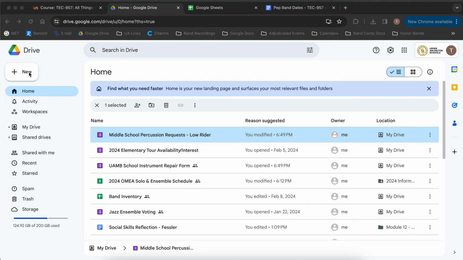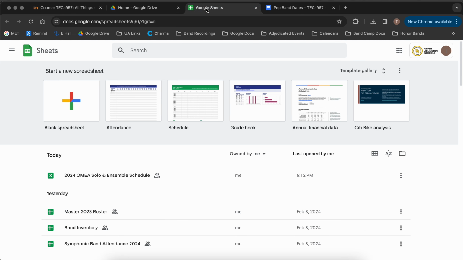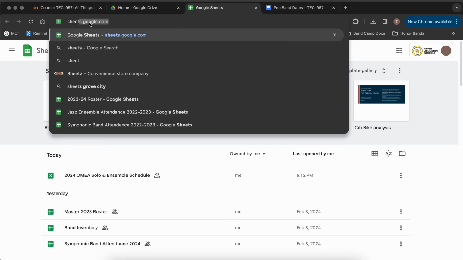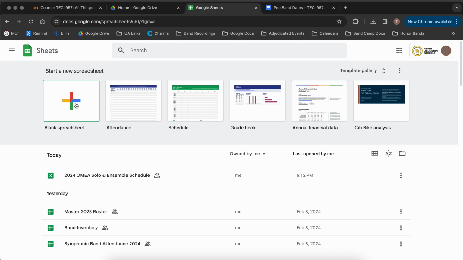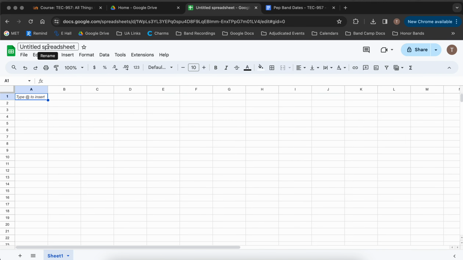So one way to access and create a new Google Sheet is from the Drive page on that plus there. Or if you just go to sheets.google.com, that'll take you to the same place here, and you can choose from lots of different templates available as well as a blank spreadsheet. We're going to click blank spreadsheet here,